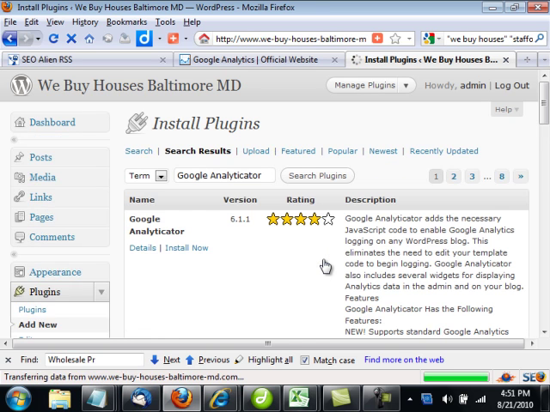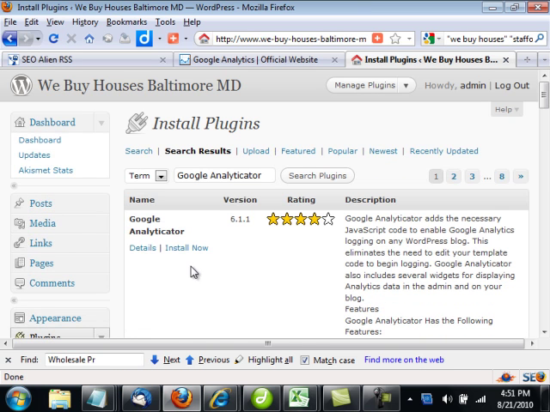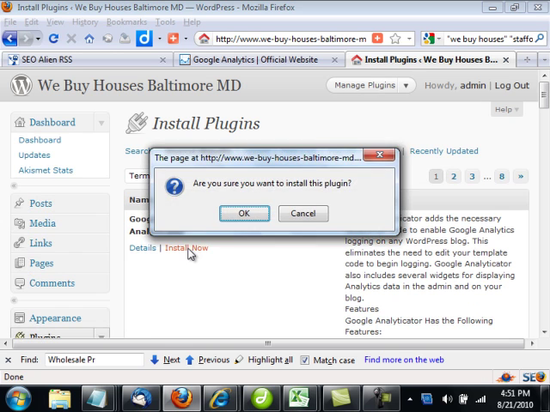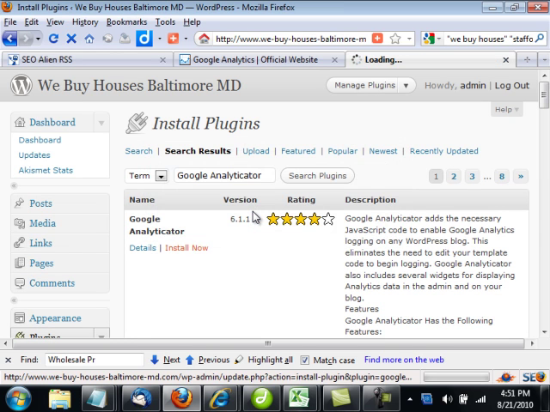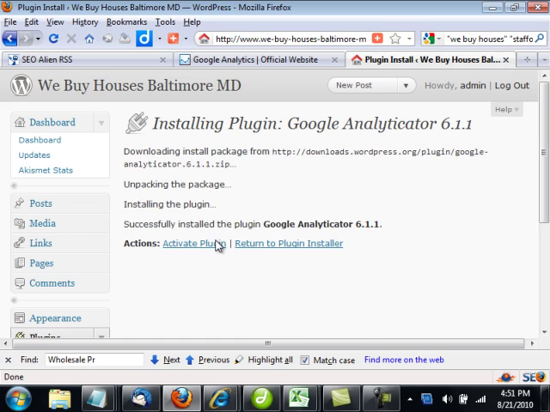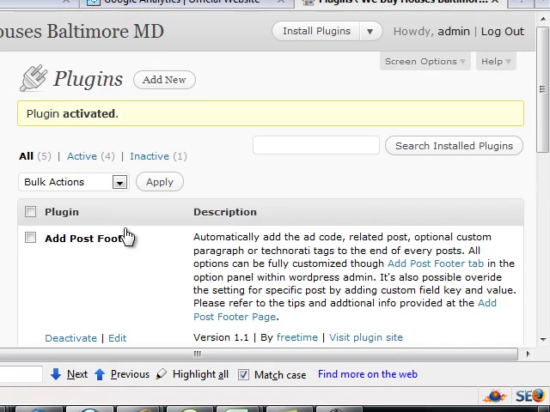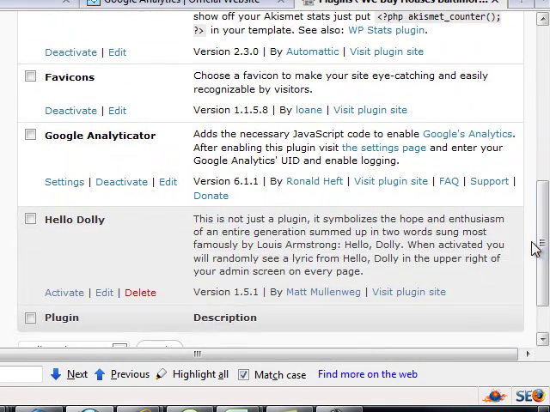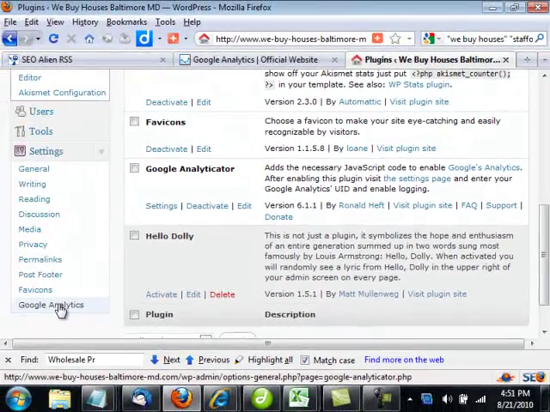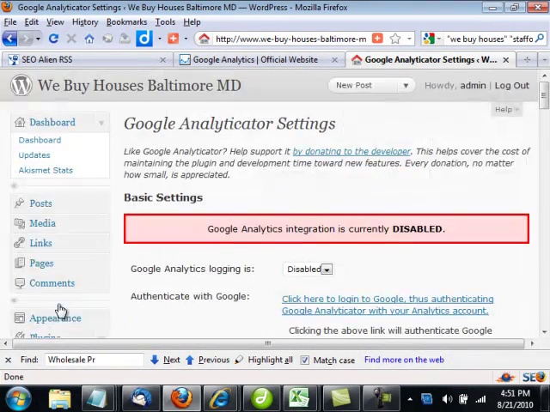And once you've found the plugin, we're just simply going to install it. So I'm going to click install now. Are you sure you want to install this plugin? Yes. Alright, now I'm going to go to activate plugin. After you've activated your plugin, you're going to have to slide down the page and go to your settings. In settings, you'll see Google Analytics on the bottom. Go ahead and give that a click. And now it's going to ask you for your Google Analytics